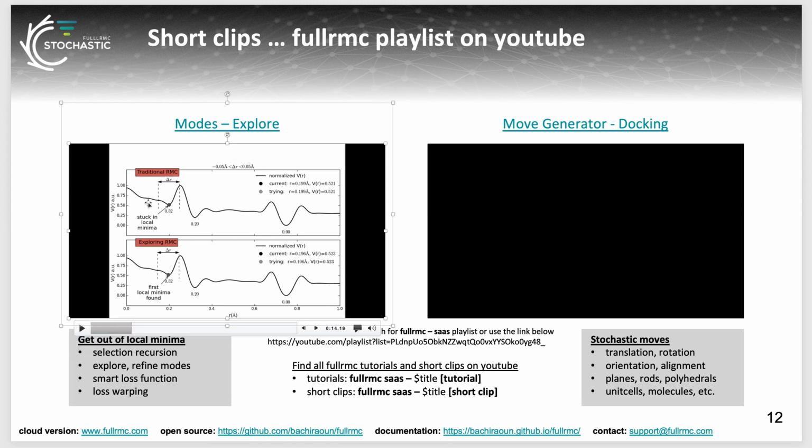All right, so the traditional reverse Monte Carlo here is stuck because this is the minimum on the loss. Even if you allow certain steps to be accepted, the system will drop back. It's very unlikely for this position here to go beyond that huge potential spike. But in explore mode, what explore does in fullrmc, imagine that now your system is two, the real